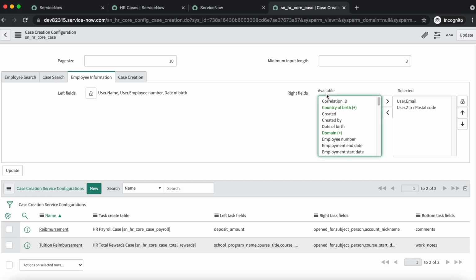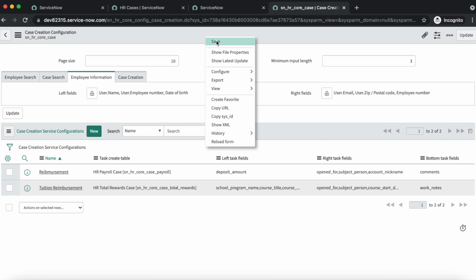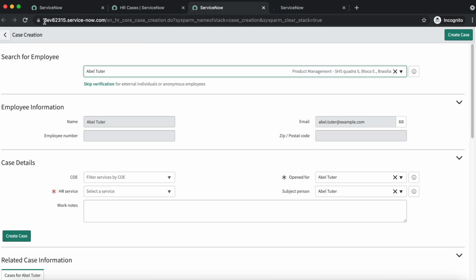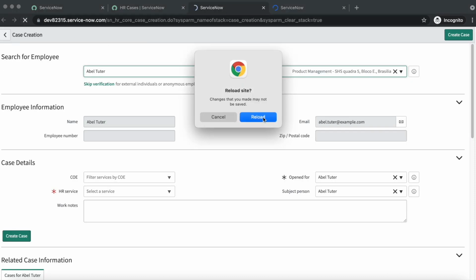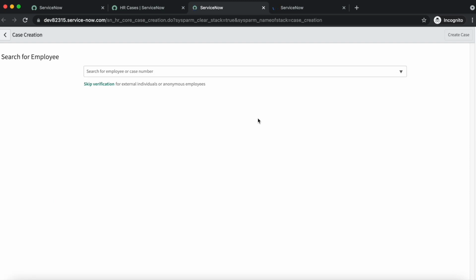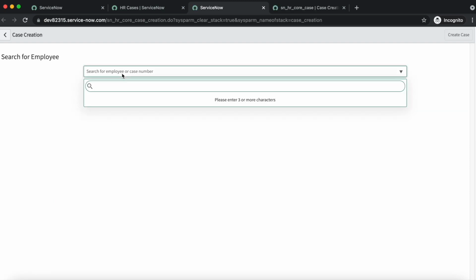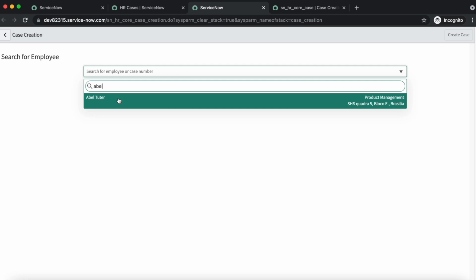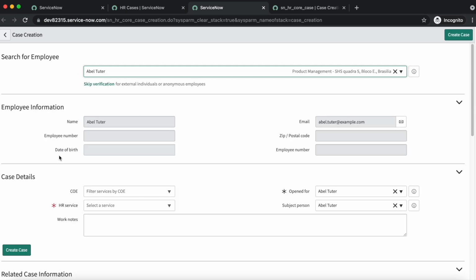On the right side, if you want to add some fields, you can click on that and add them, and save it. Let's reload the form. Here you can see that we have date of birth on the left side of the employee information, and on the right side we have employee number.